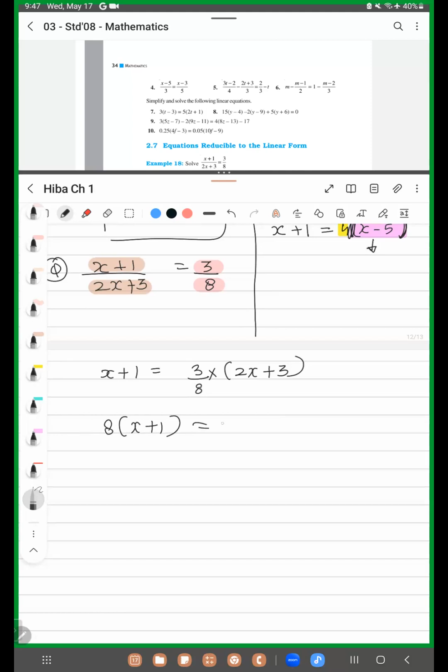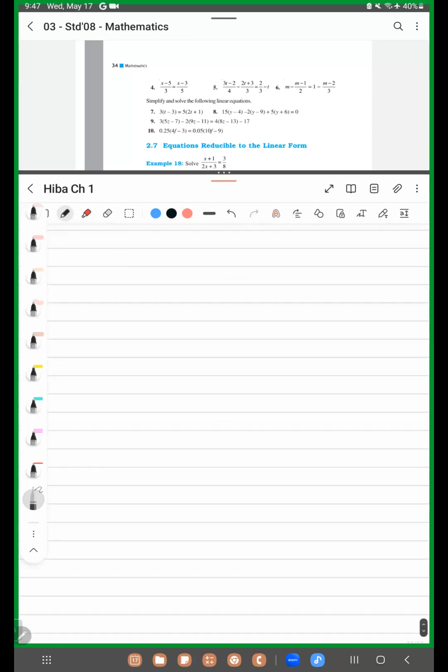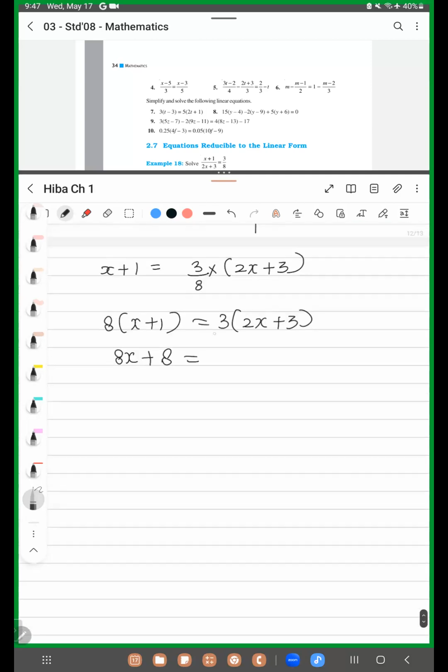So is equal to? 8x is equal to right hand side पे? 3 multiplied by 2x plus 3. वेरी गुड। हाँ, अब हम ब्रैकेट खोलेंगे। अब क्या हो जाएगा? 8x plus 8. वेरी गुड। हाँ, नेक्स्ट। 6 is equal to 6x plus 9. हाँ, वेरी गुड।